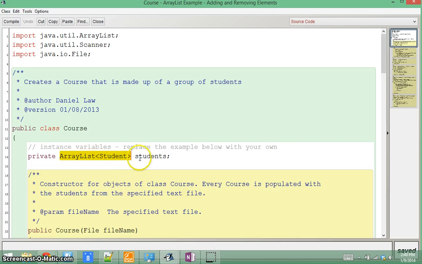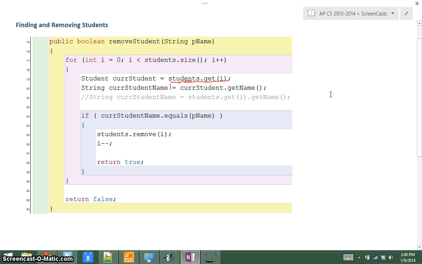That's our element tag, and the name of our array list is students with an S. So we take our array list and we call get, and when we call the get method, we've got to pass it an index, right? Which index do we want? Well, we want the element at I,